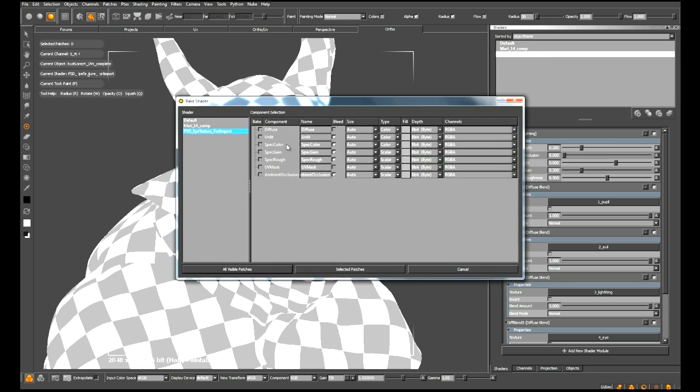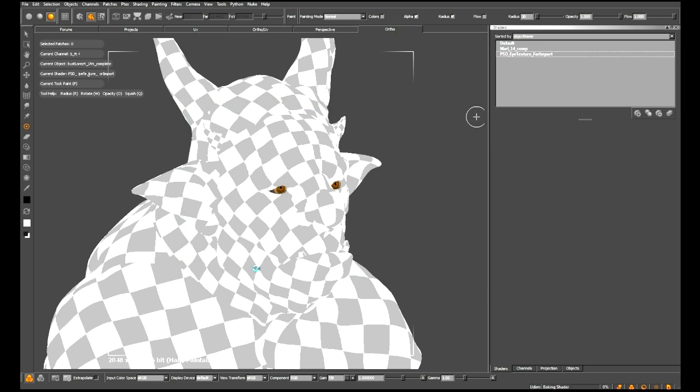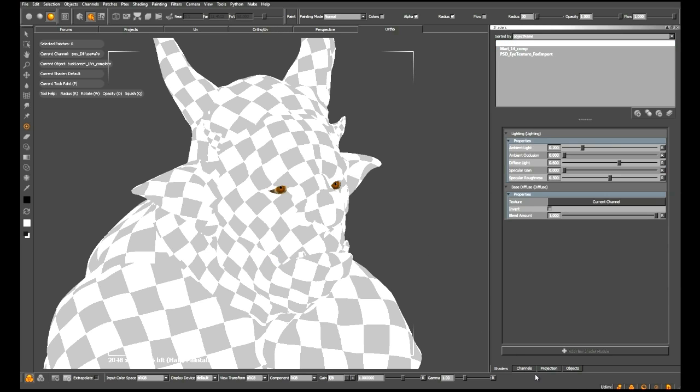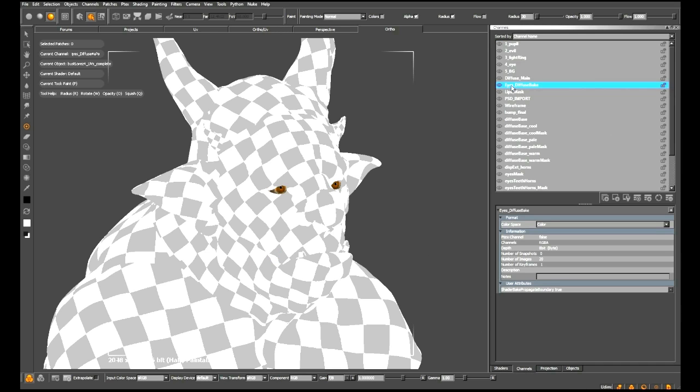And inside of here, we can get all of the different components that we want. I'm going to go for the unlit component. So I'm going to click the Bake checkbox, and I'm just going to name this Eyes Diffuse Bake. Now with that done, I'm going to click All Visible Patches, and this is going to be baked down into a brand new channel within our channels list, and I'll show you that in a second. Here we go. So inside of here we have Eyes Diffuse Bake,